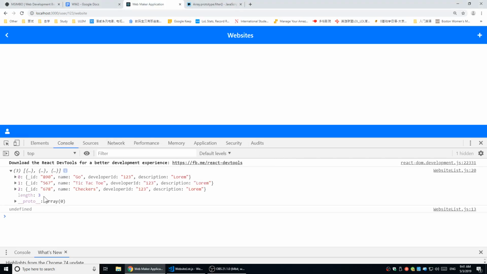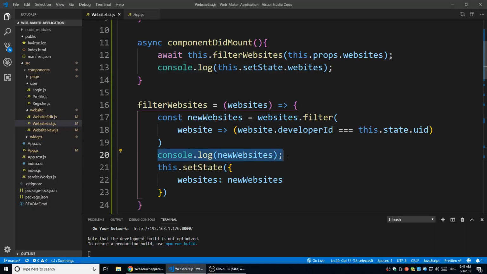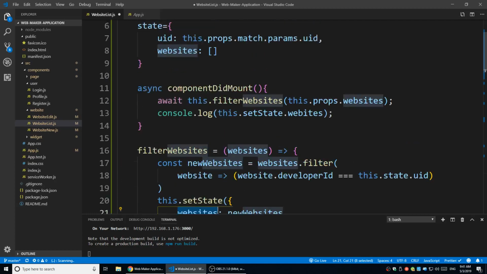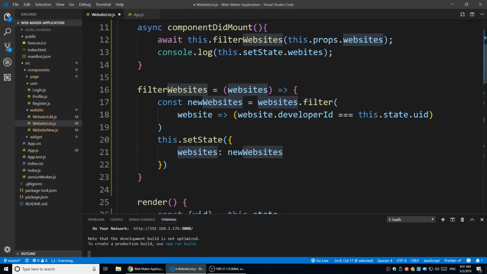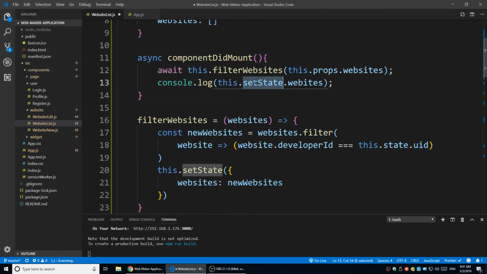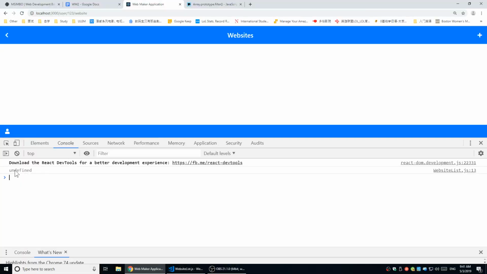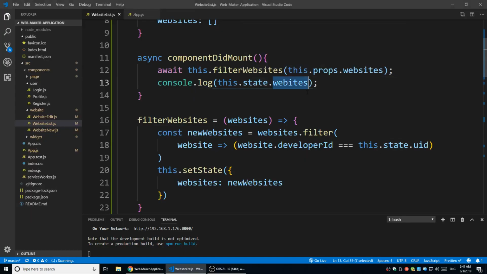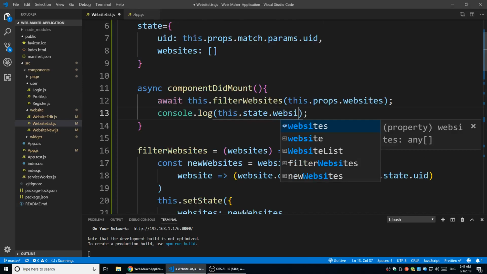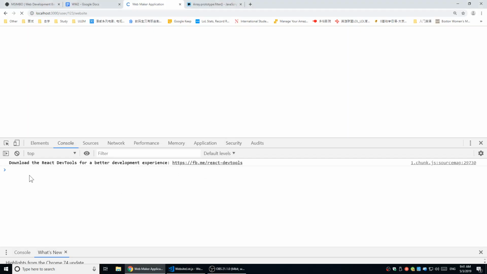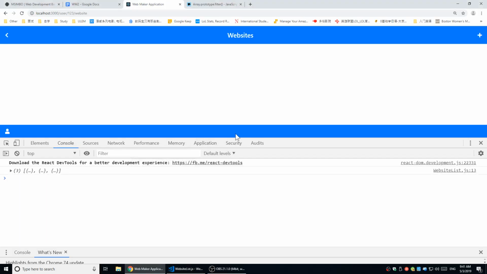It is working. I have 3 websites. And then we do a set state, set websites. Did I misspell it? Websites. Oh, no, cancel, like set state. No, that's the state, not sister state. Yeah, that makes sense. But still undefined. What? Well, our website is misspelled. Websites. Now I get it. Right. So,